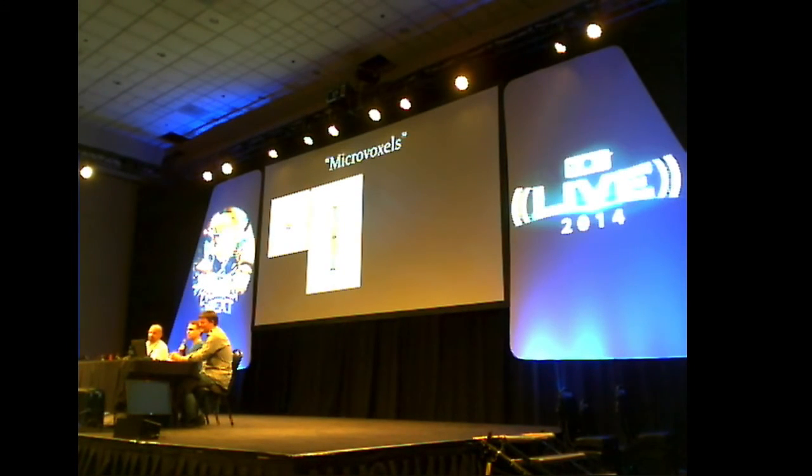Microvoxels are actually really simple. Every voxel can have only a single internal point in it, but a microvoxel is when the points are very close to